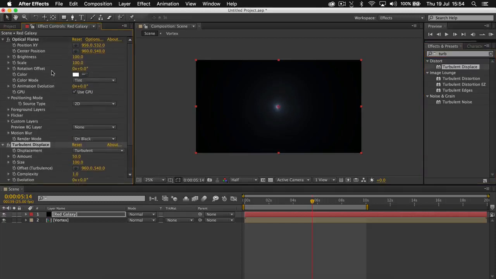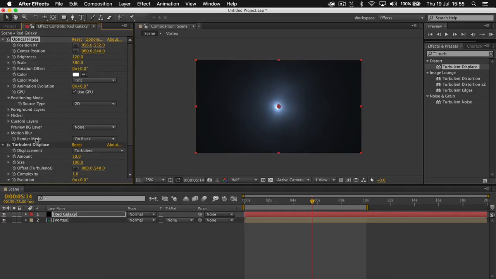And before we do that, we'll just up the brightness and scale of our flare. So if we give it brightness of 120 and a scale of around 380, and then with turbulent displace, we're going to change the amount to